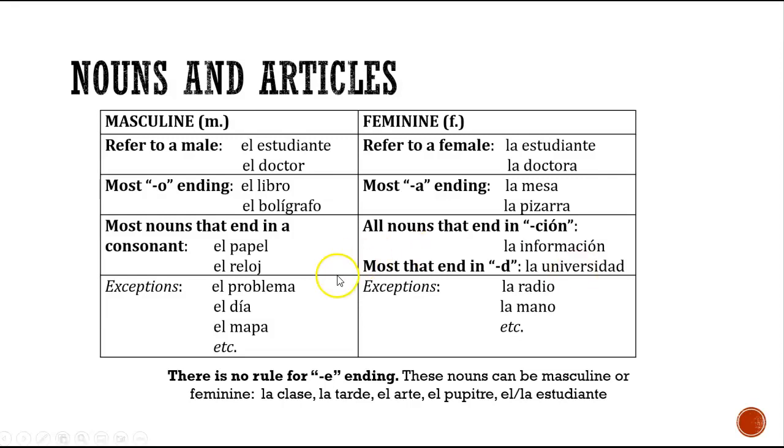But guess what, guys? Not all consonants are masculine, and there's really no rule for E ending. So they can be masculine or feminine. You can have words like la clase, la tarde, but then masculine, el arte, el pupitre, and then some depend on the gender of the person. Like estudiante, is it a male student? El estudiante. A female student? La estudiante. So definitely study this chart. We're going to be doing practice with nouns, articles, adjectives throughout the first 2 lessons at least. But this is key in understanding how to make adjectives match nouns. You have to first start